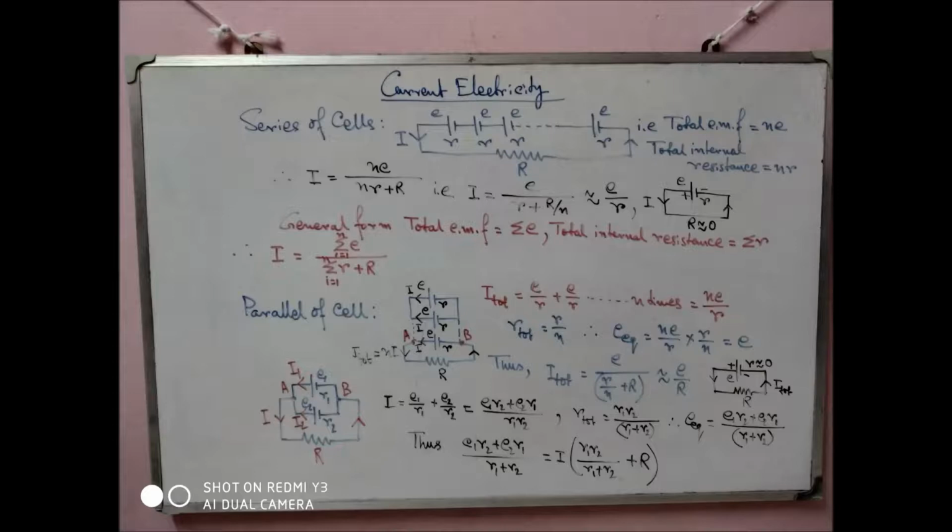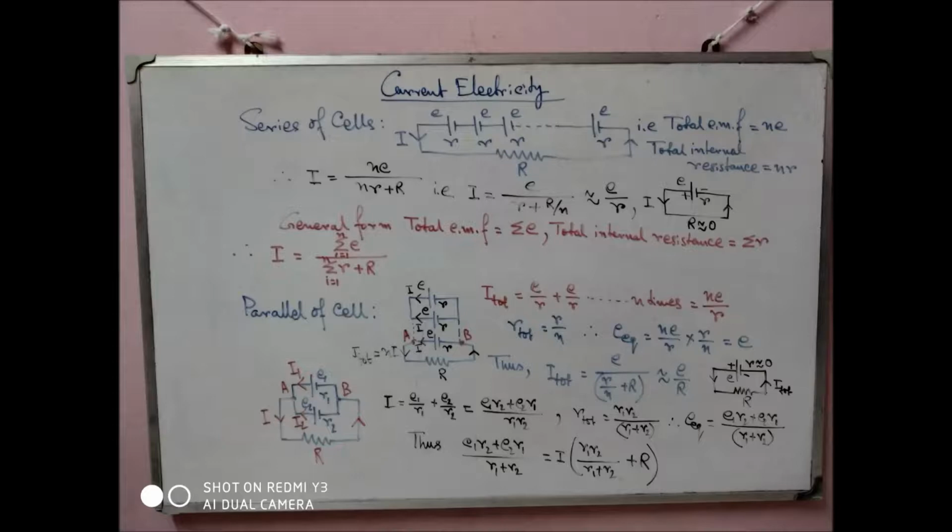Now the question is series. Series means what? Series of cells. Whenever it is a series of cells, see in the diagram the positive and negative terminals are connected alternately. That is, first cell negative to second cell positive, second cell negative to third cell positive, and so on. And the extreme two ends, that is the first cell positive end and the last cell, suppose it is the nth cell, first, second, third, fourth, up to nth, these two extreme terminals are connected to the external load or external resistance, simply external resistance.